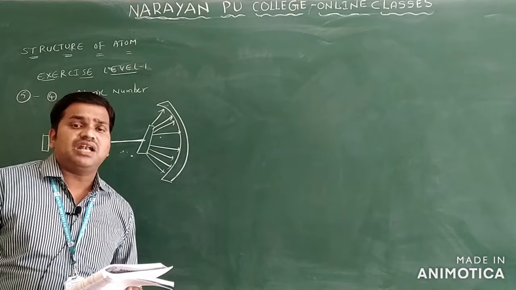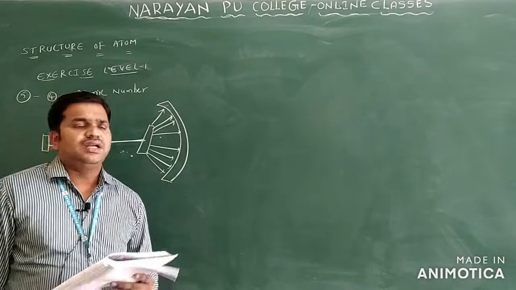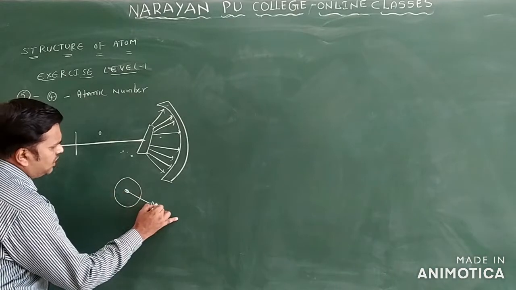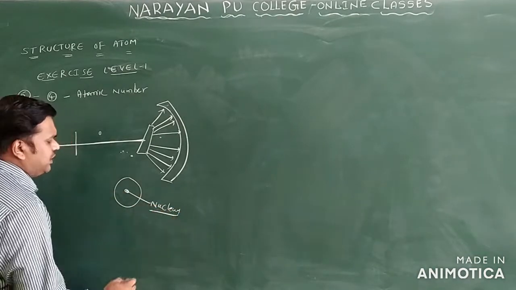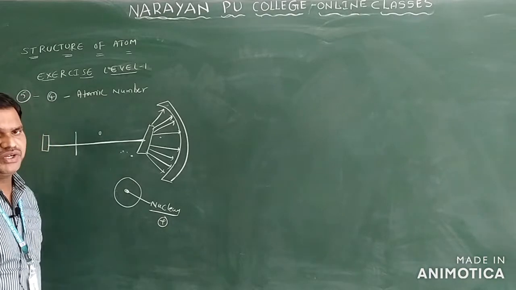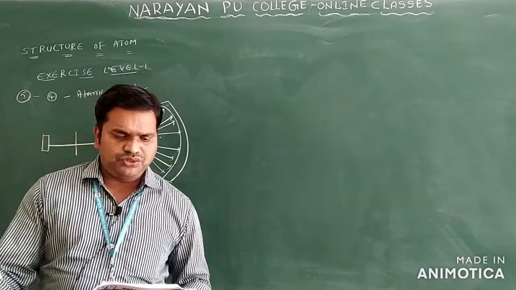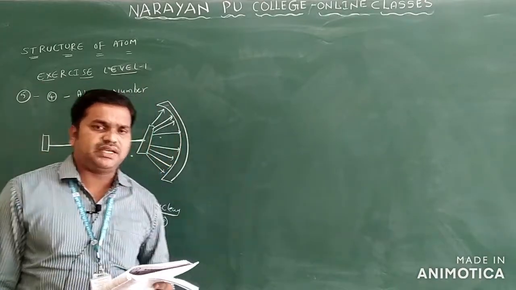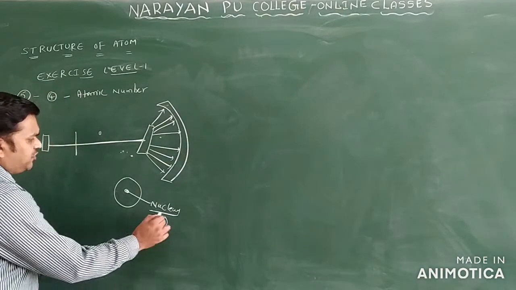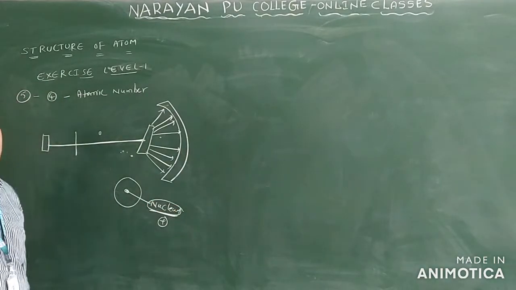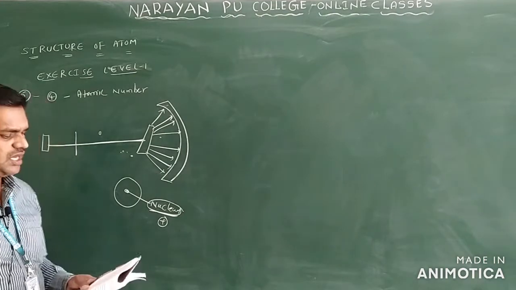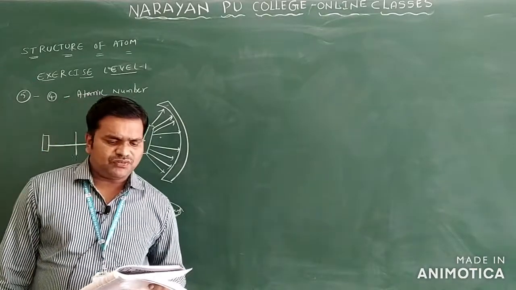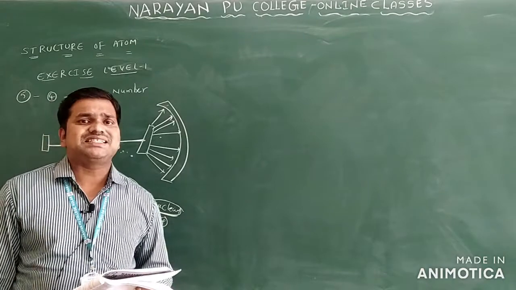So from this Rutherford alpha scattering experiment, they showed that there is a smallest part inside the atom. This is called the nucleus only. What charge did they identify the nucleus as having? Positive charge only. You can see the options here: electrons, protons, nucleus and neutrons. The Rutherford alpha scattering experiment mainly identified the nucleus only. What is the charge of the nucleus here? Positive charge only. So this is the nucleus. You will take that answer for this question. Next question you can see: the Rutherford alpha scattering experiment is related to the size of which one only.